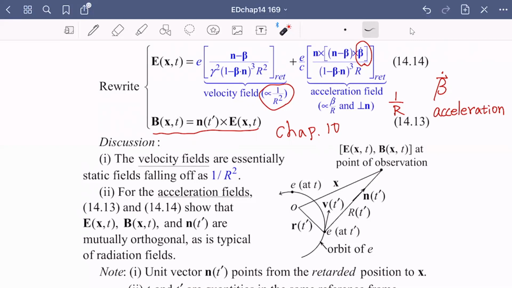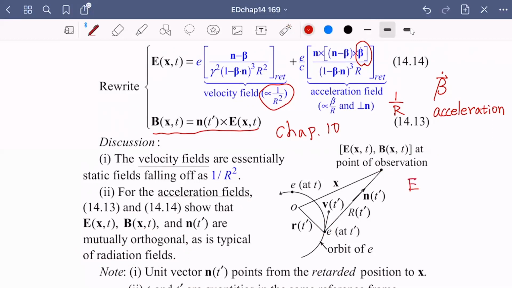However, for the acceleration field, equations 13 and 14 show that E and B are mutually orthogonal, 正交, as is typical of a radiation field. 这两个在 radiation 的时候，从这里发射出去，在这边看到的